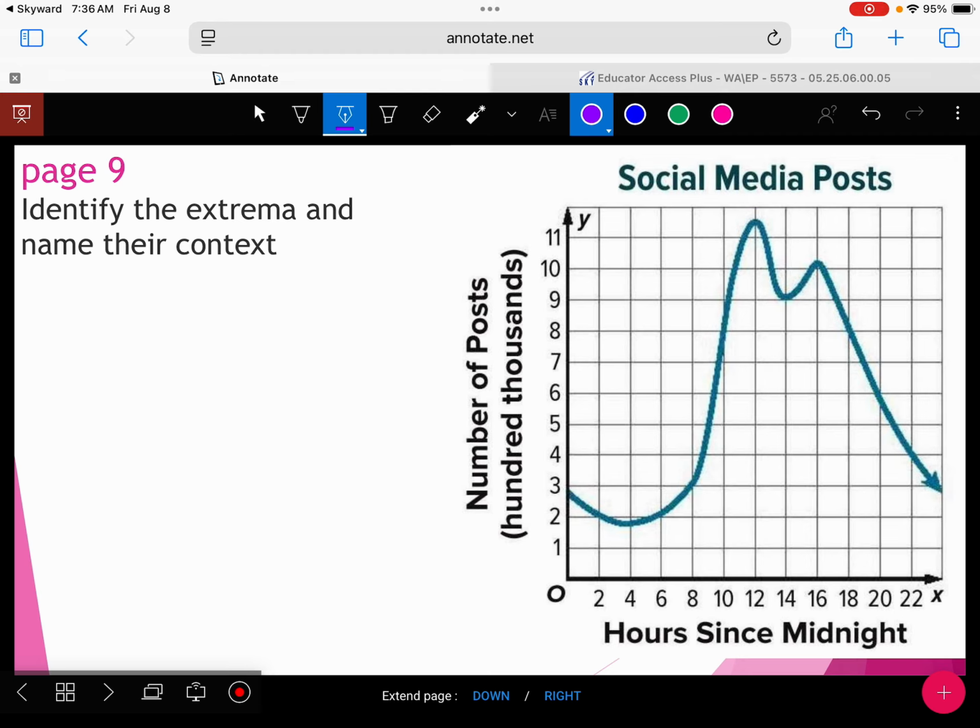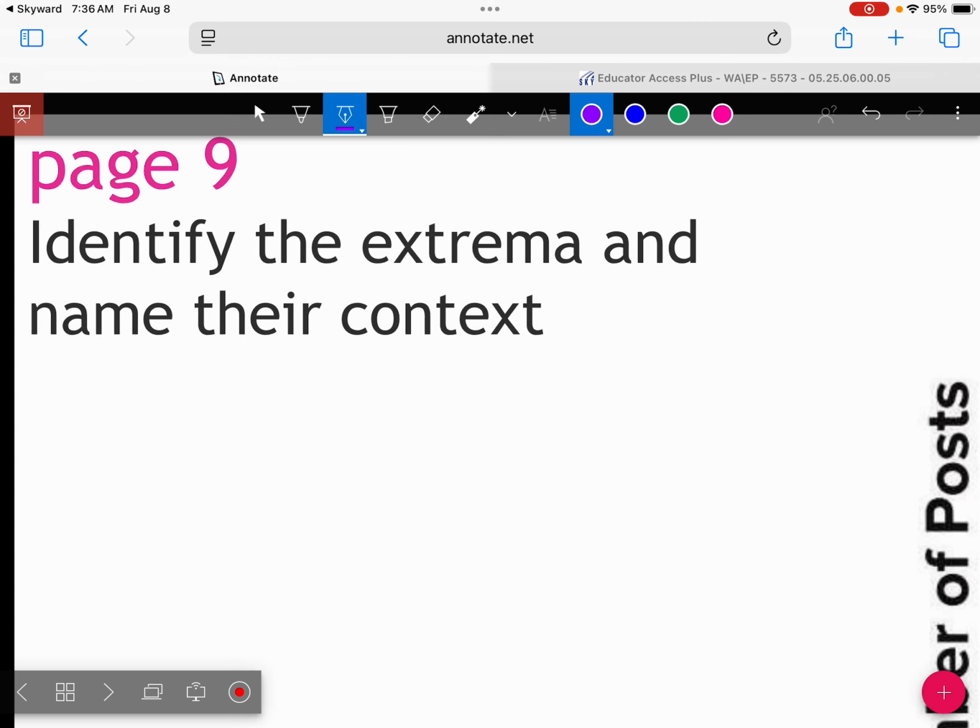What is the very highest point we see on this graph? Do we have an absolute maximum? Where? 12, and then up here, probably 11.5-ish. So we know that at